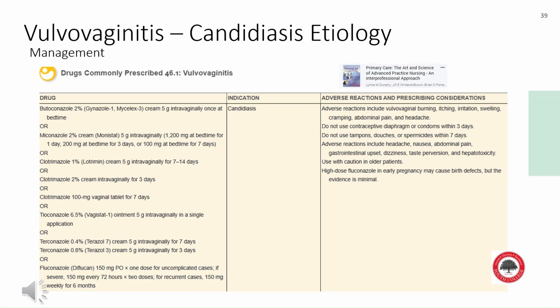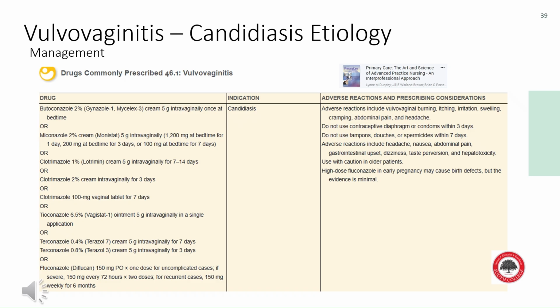For the vulvovaginitis with candidiasis etiology, most nurses are pretty familiar with this. You might go ahead and look at this chart. I'm seeing a lot of people want the tablets. They want the doses, the oral treatment. And so be sure and review